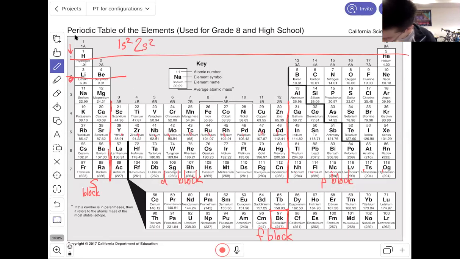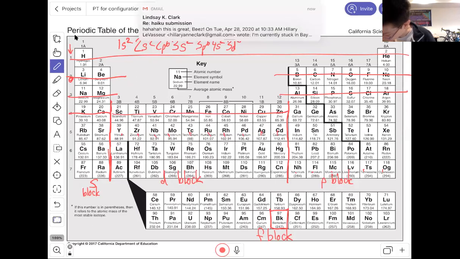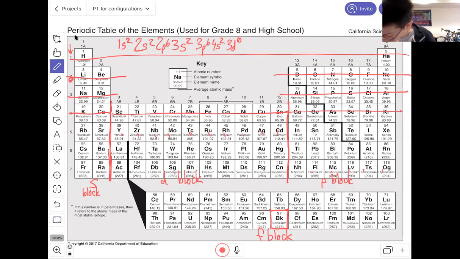2s2, 2p6, 3s2, 3p6, 4s2. When I jump into D, I have to remember that my number goes down. So 3d10, and then I cross over into 4p6. And then I start in on row 5, 5s2, drop down when I do D, 4d10, cross back over here, 5p6,